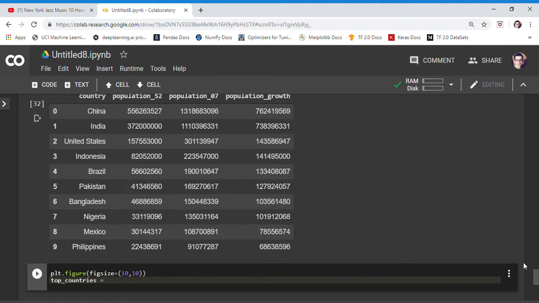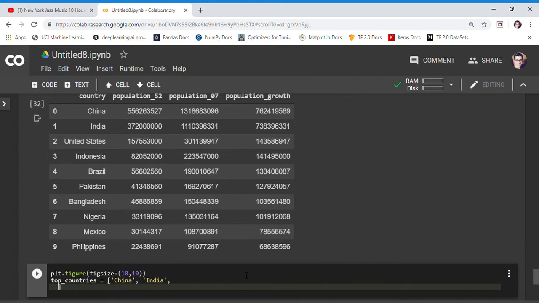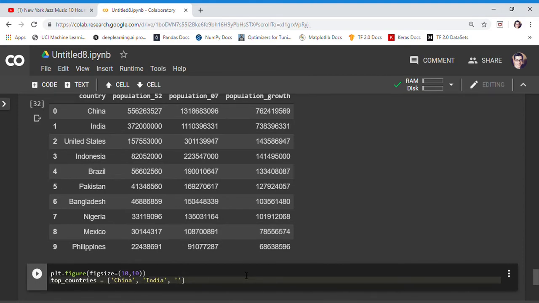So in order to make a bar plot, we're going to take these countries, and these are going to be our x-axis, and then this population growth is going to be our y-axis. So for our top 10 countries, we're going to make a list of them. So that is China, India, USA,